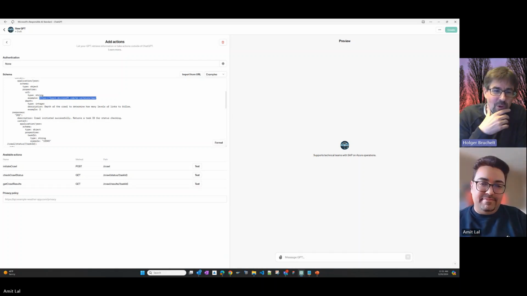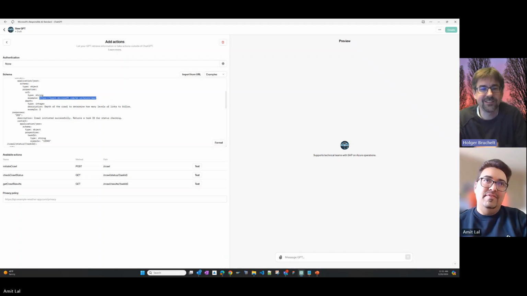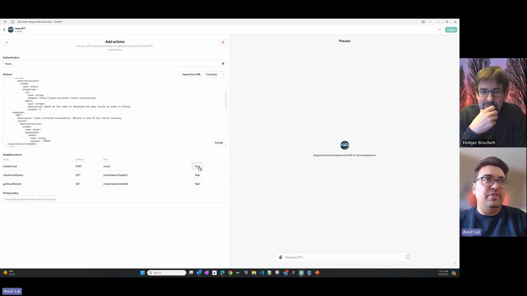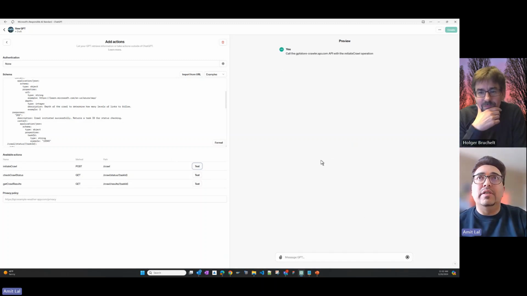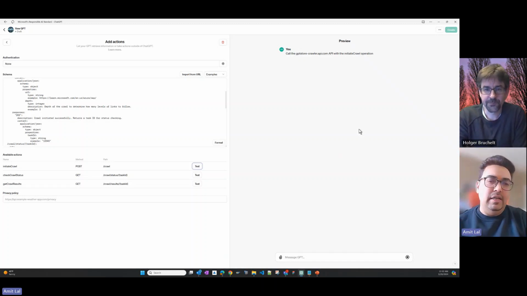So not only using the straightforward GPT Builder, where you just enter some prompts and upload maybe some documents, even though the document is obviously fantastic, but here's also the magic where you have your secret sauce that makes the SAP on Azure Technical Copilot so special. Exactly. And you can test your APIs. In my case I have to tweak a little bit because I have to give exact information. So it's going to test before launch.